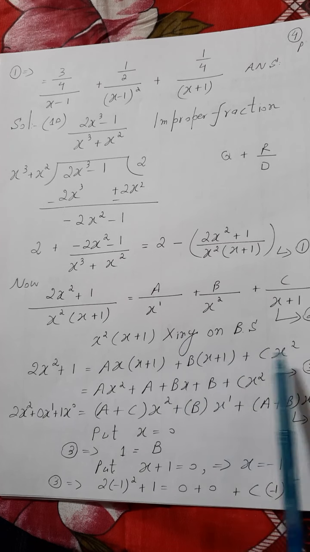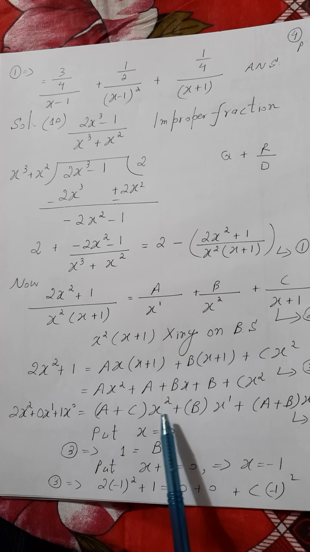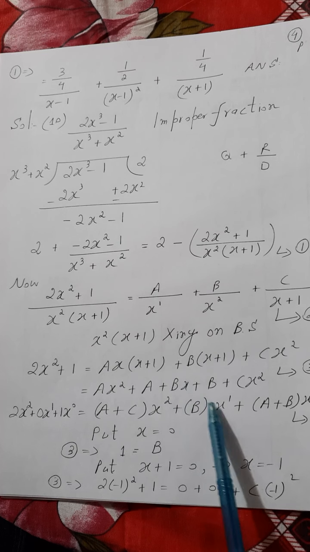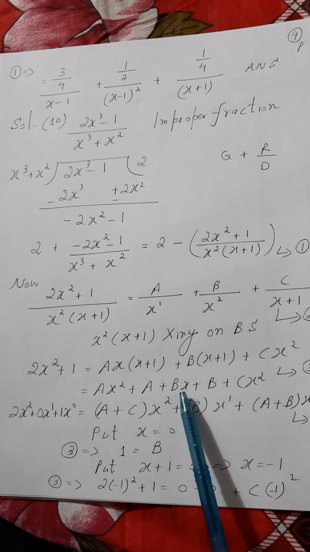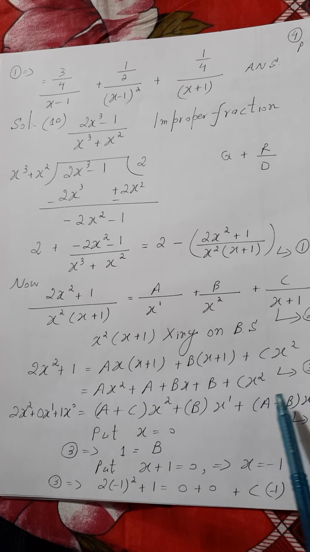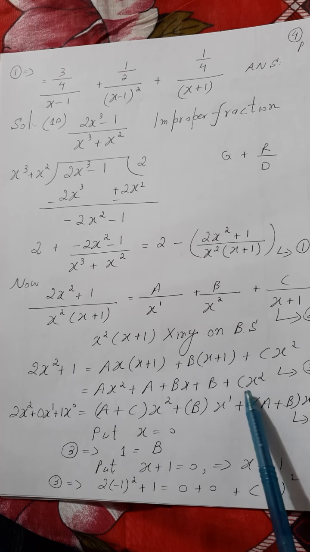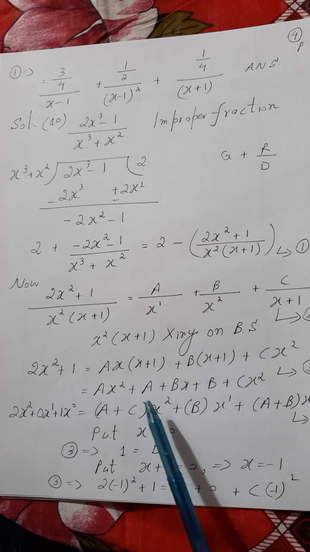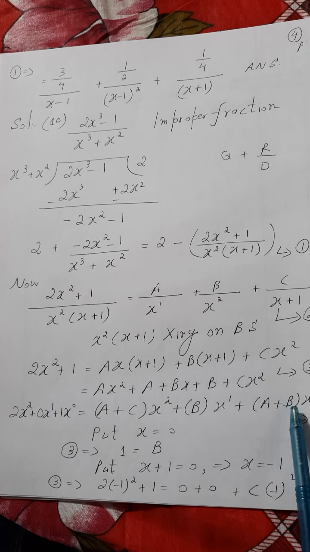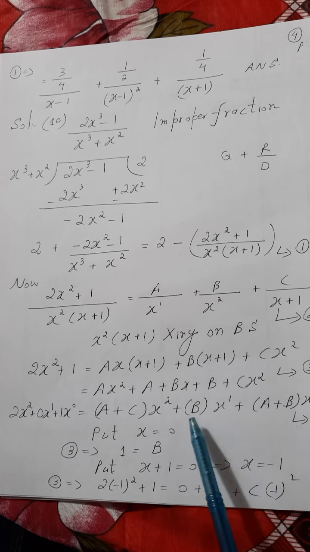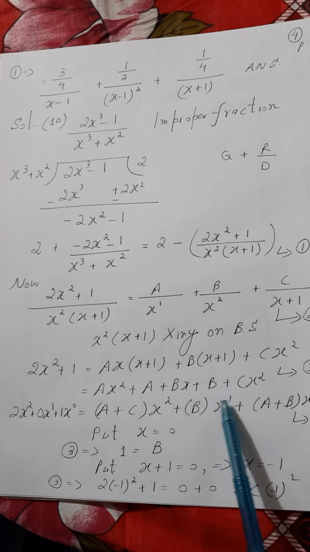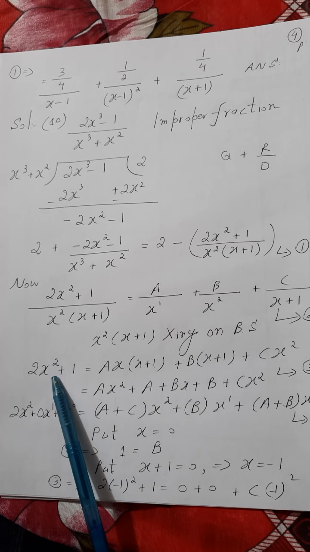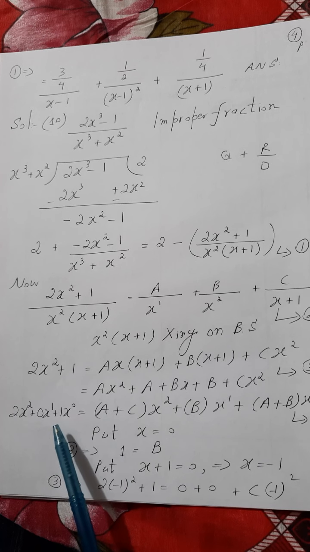So multiply a, b and we have the following values. Take common x square from a and c, and there is bx and there is b plus another values are cx square plus b constant values, a plus b. This is constant, so x raised to power 0 means 1. This is a single b x power 1, so there is 2x square, x square coefficient is 2. There is no x power 1, so 0 x power 1, there is 1 means 1 x power 0.